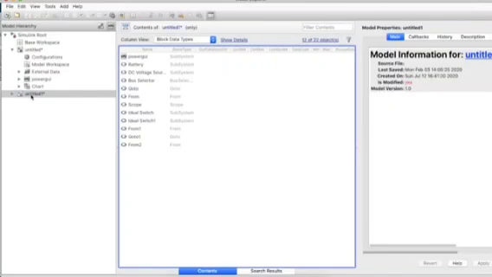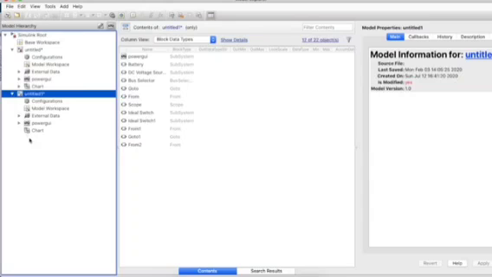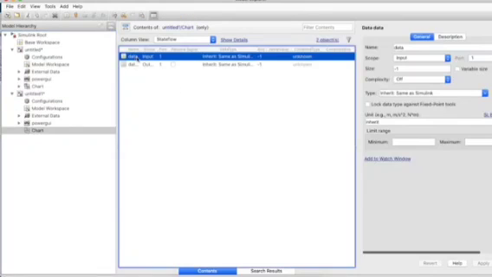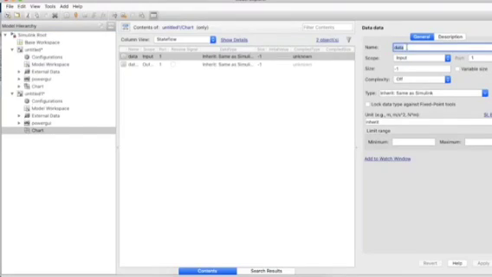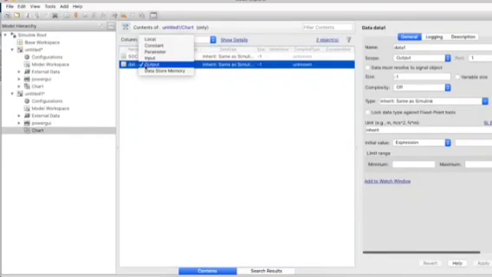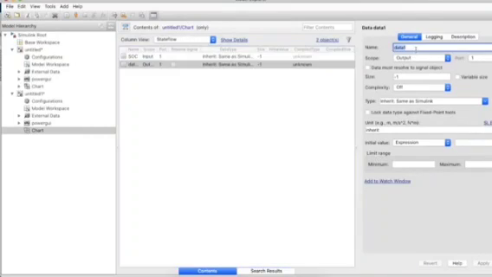In this Model Explorer we want to rename these parameters. The data is known as input, so as you can see, the input we can rename as SOC, and the output we want to name as pulse.